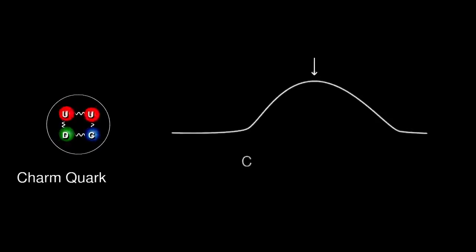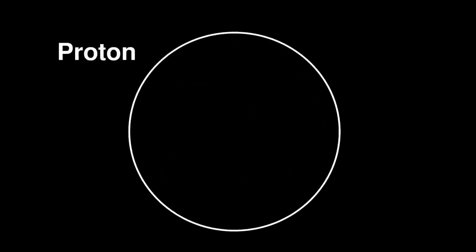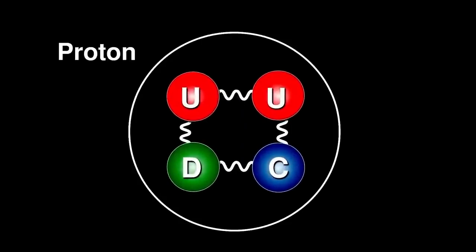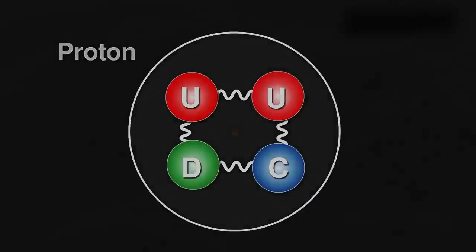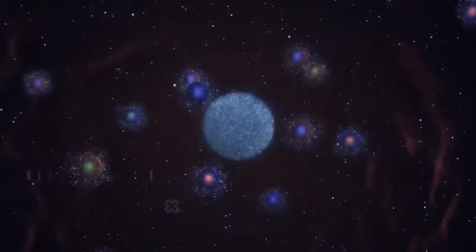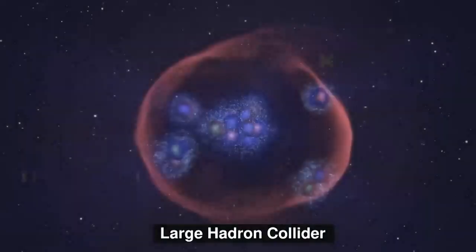In scientific endeavors, researchers have employed the wave function of the charm quirk to identify its presence in a proton. Remarkably, after analyzing data for the past 35 years using artificial intelligence, scientists confirmed the existence of charm quirk in protons. The remarkable discovery prompted theoretical physicist Tim Hobbs to propose constructing an electron-ion collider to obtain solid evidence of charm quirks in protons. This decision was influenced by the success of the Large Hadron Collider in proving the existence of